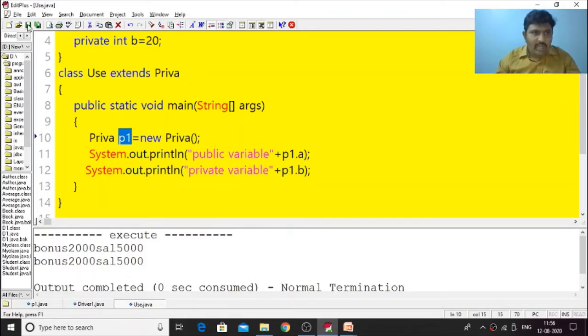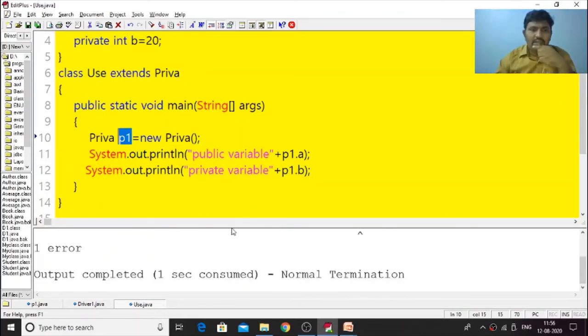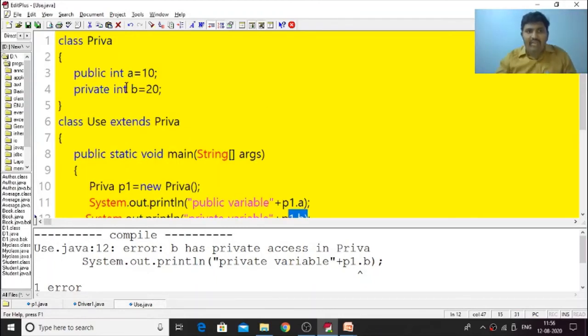So let us compile this program and execute it. What is the error we are getting? We see that b has private access in Private. So this is the rule of inheritance: if a variable is a private variable in a superclass, it cannot be accessed in the child class.